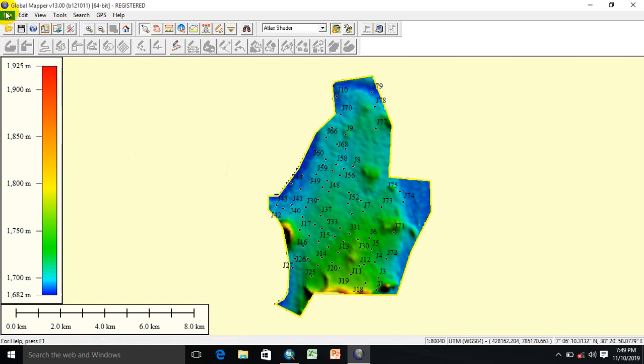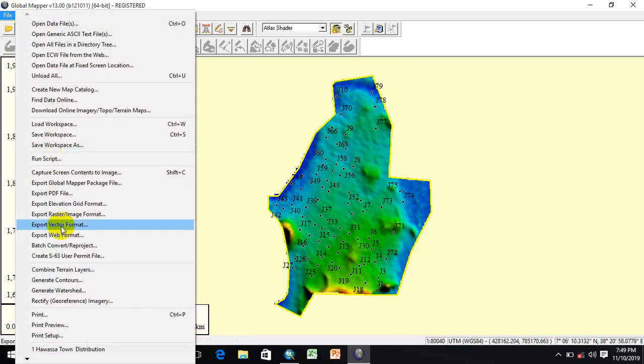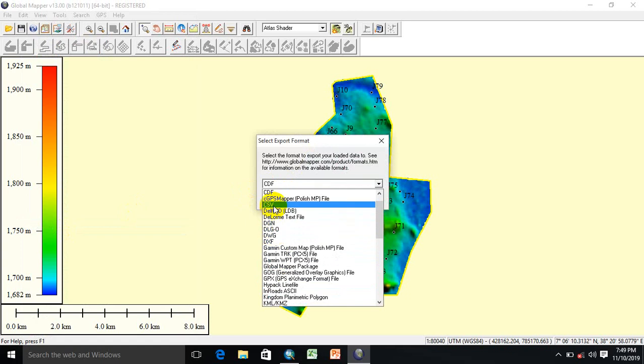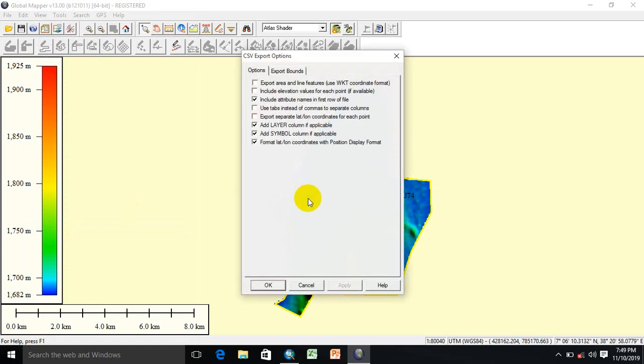Okay, we can export this information into Excel, using the export vector format, and go to Excel, that is CSV format. Say OK, and from this I need to export, including the attribute name and latitude and longitudinal information. But don't forget,